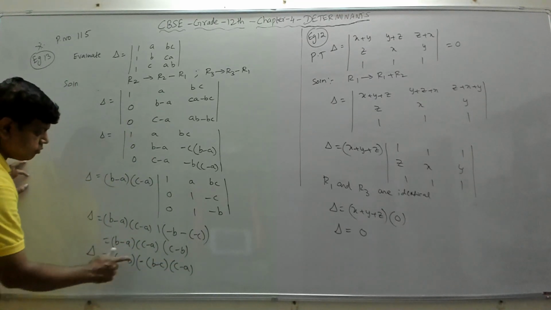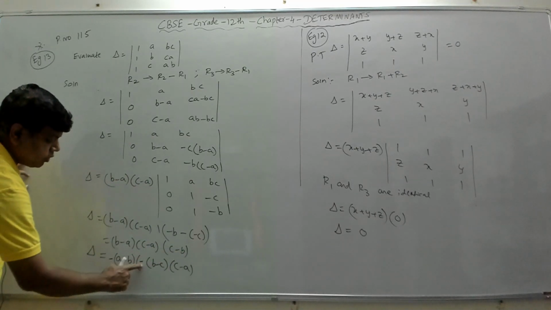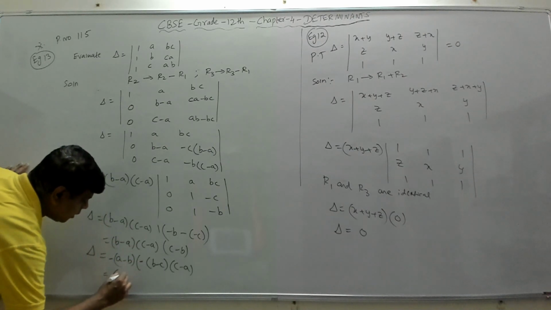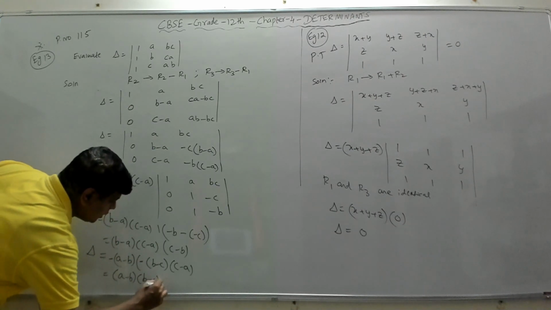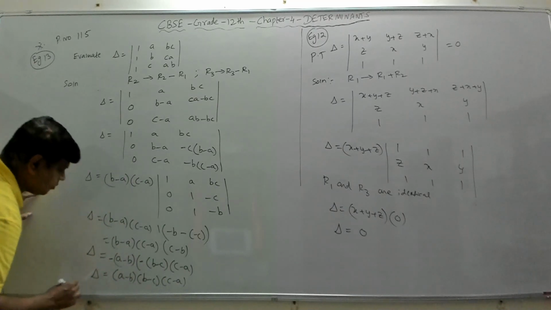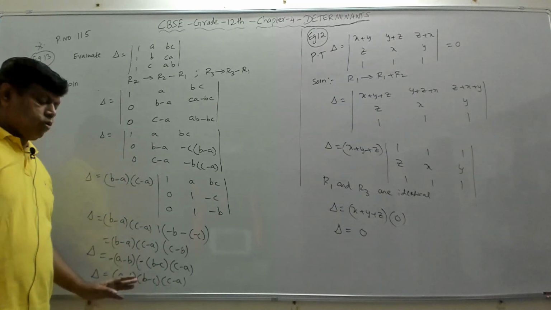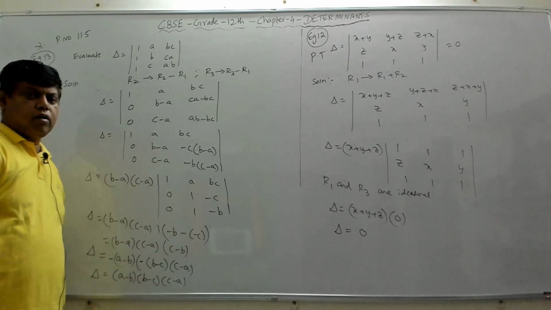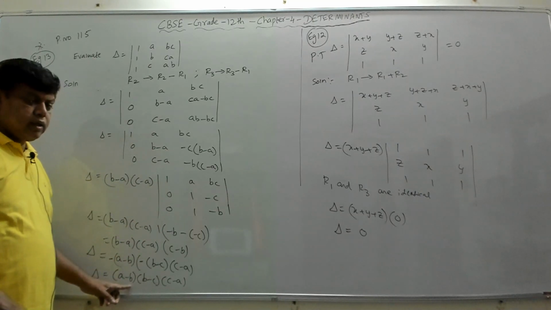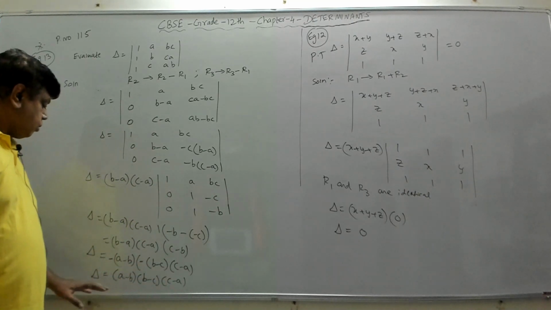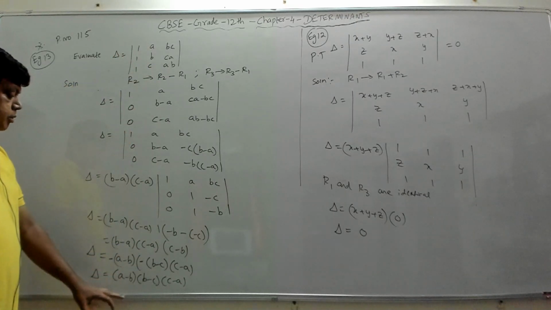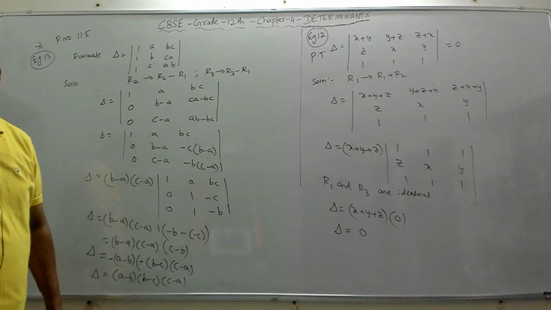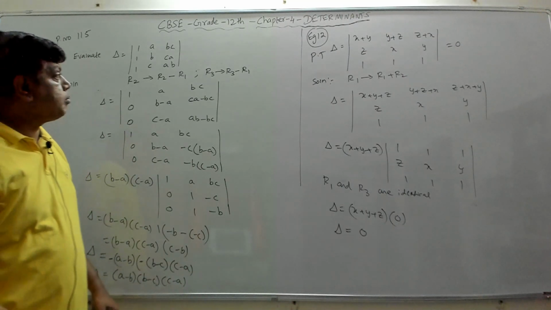That will give me one negative. If I interchange these two, that will give me one negative. So negative into negative. See, all are multiplication here. So negative into negative is positive. So you will get a minus b into b minus c into c minus a. Right? So this is just to write the final answer in a cyclic pattern. So what is the value of this determinant? It is a minus b into b minus c into c minus a. Clear? Now we will go to the next example, which is example 14.